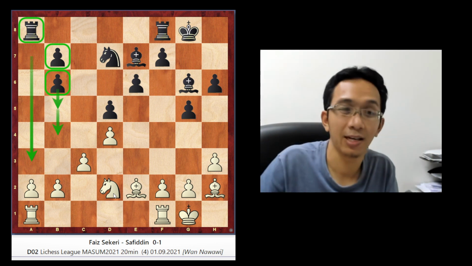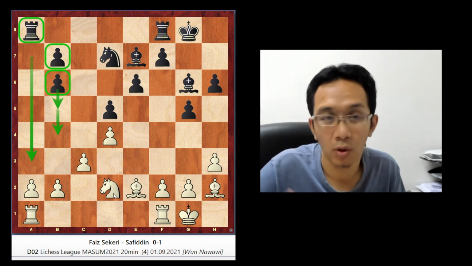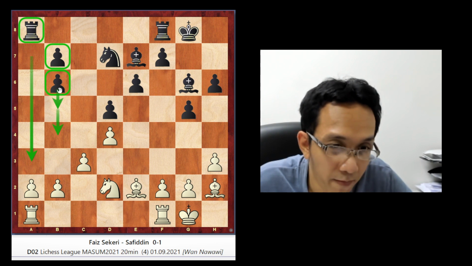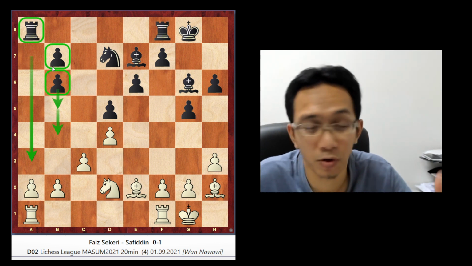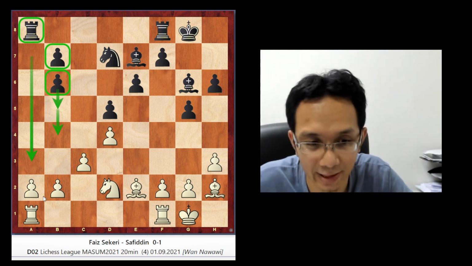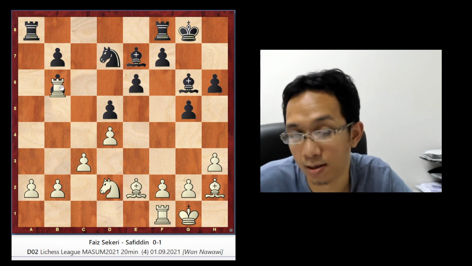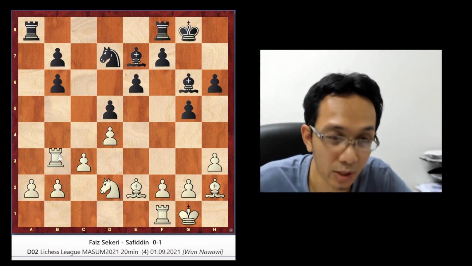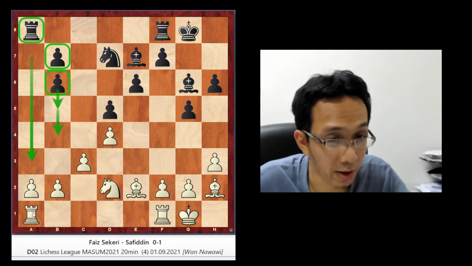If the position doesn't allow the attack, and the position is closed, then of course you cannot attack. In this case, you want to attack b4, b7 and b6, but you cannot. You don't have the queen. In order to do a frontal attack, you need to put this rook here, but of course it takes time for the rook to go to the third rank. But how do you actually get there? So that's one thing. You cannot attack there.